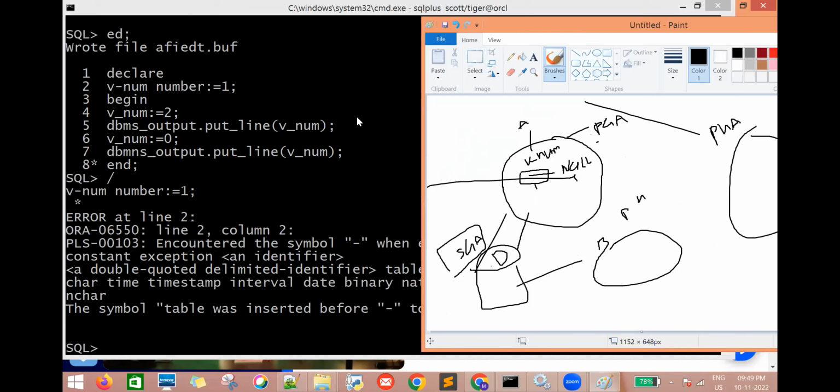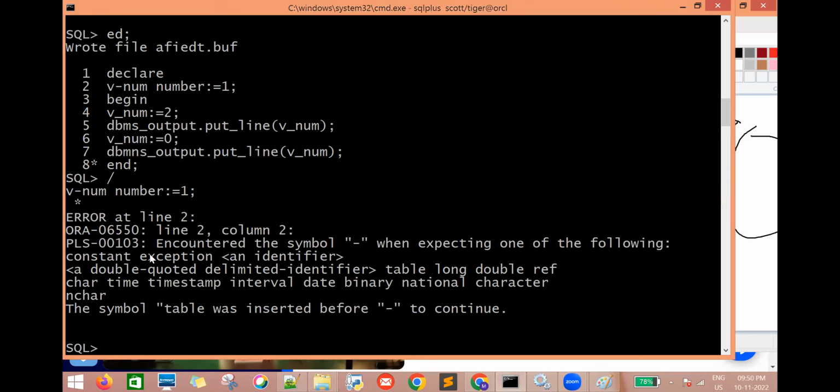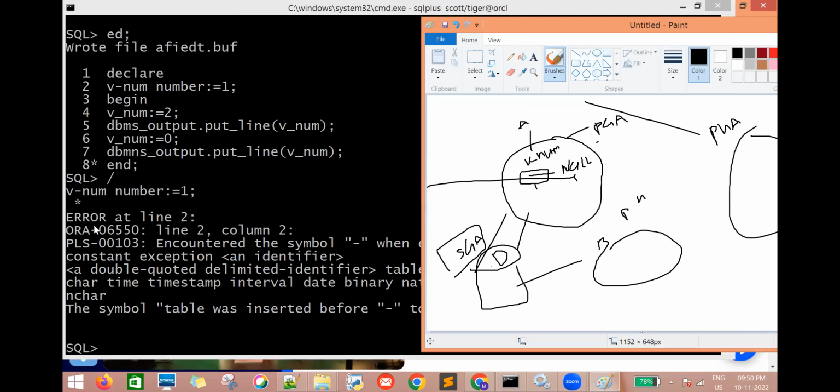So now what I'm trying to say, again, I'm getting that error, right? If you see here, where I'm getting the error, it's saying error at line 2. Now if we observe here, after line 2, there are 2 errors. One error starts with ORA and the second error starts with PLS. ORA means Oracle error. PLS means